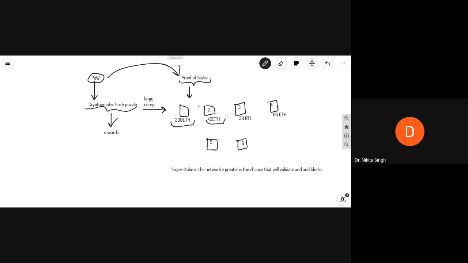And here, whichever user has the largest stake in the network has a higher probability of getting a chance to become a miner and validate the blocks. So you will not be solving a cryptographic puzzle. Instead, the network will choose you depending upon your stake, and then you will get a chance to validate the blocks on the blockchain.